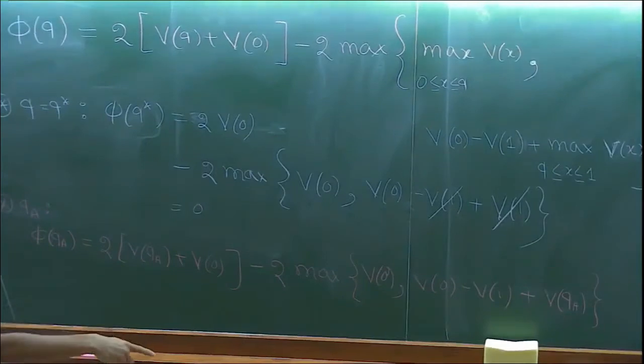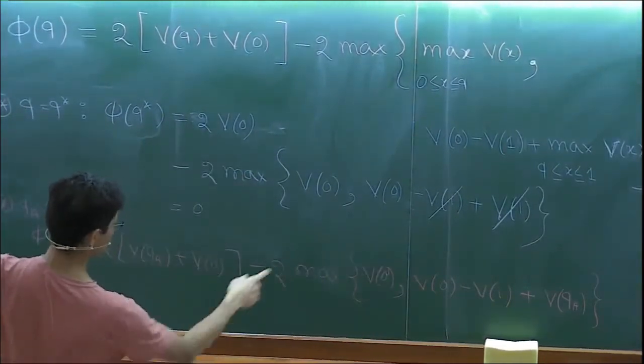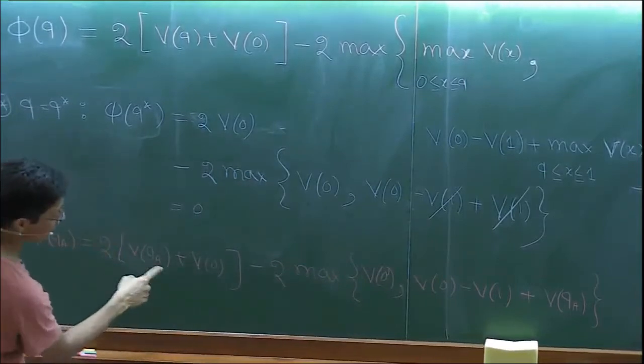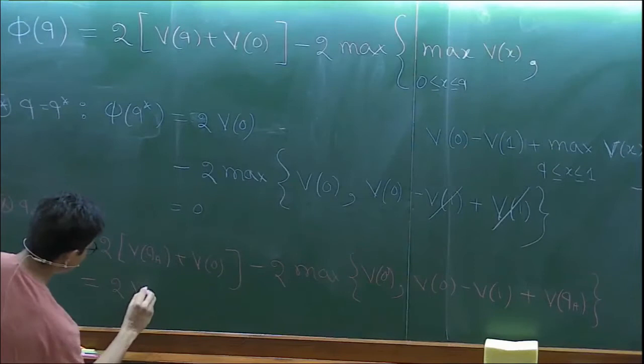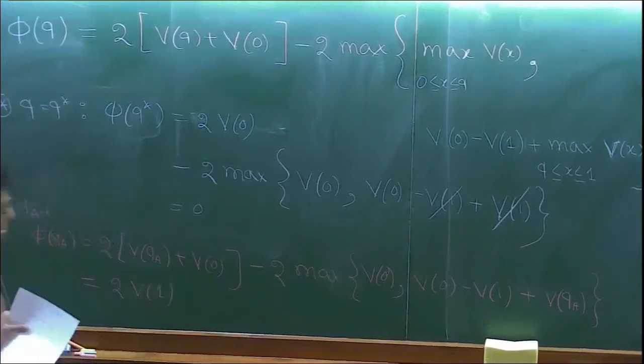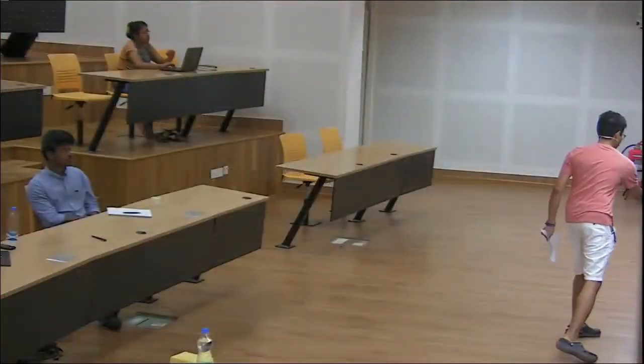Just do this part algebra, and because you can see from the figure there, the VQA would cancel from this expression, and what you will get is simply twice V at 1. So the large deviation function, what would it look like here,